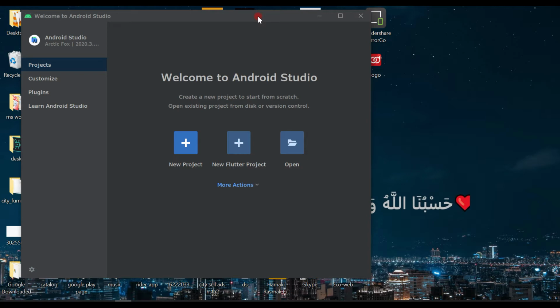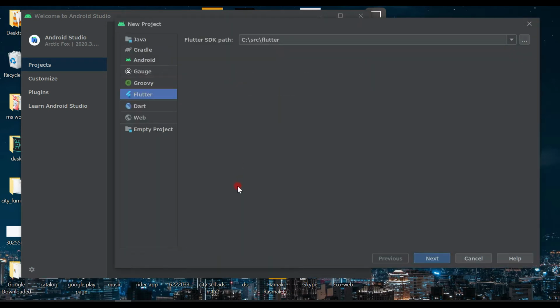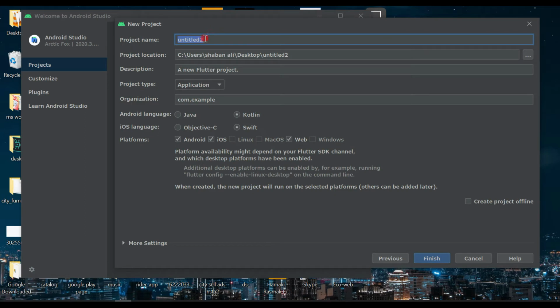So first of all, if you want to create a Flutter project, click here on new Flutter project, and here is my SDK path. Just click next, and here give your application name.